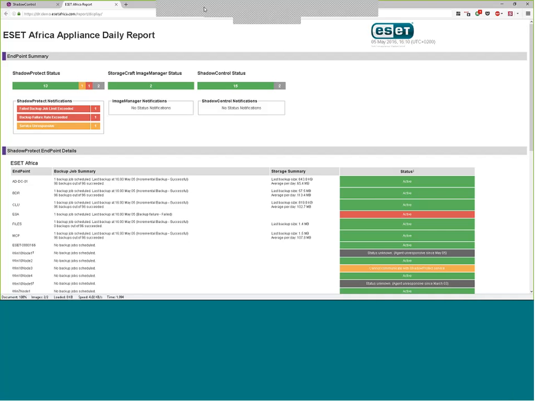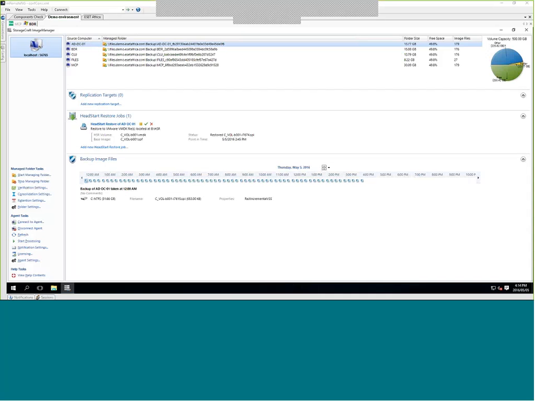Okay, so I've got two questions here. The one is, is a job a single event? Please explain how jobs work. So basically, a job is assigned to a particular machine. So if I take a step back and I just open up the one screen that I had before, what you've got here is I've got my domain controller, and I've got a head start restore job.